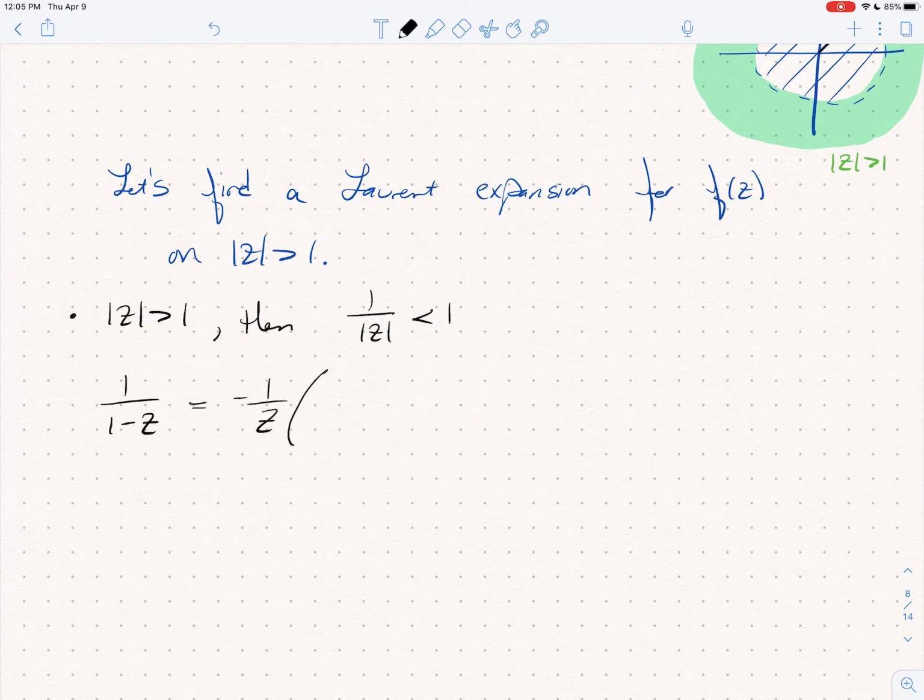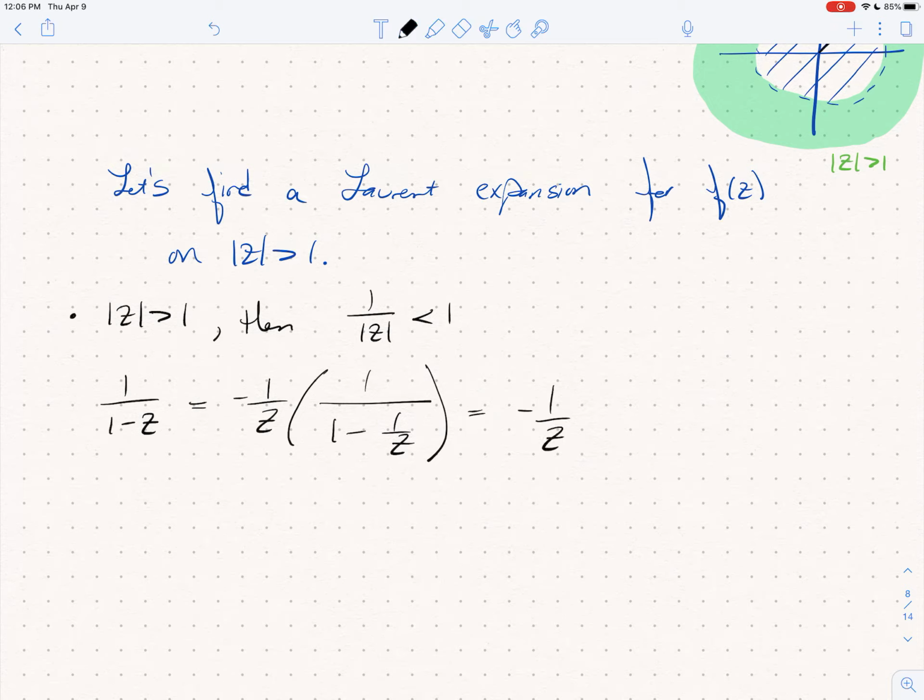I can write this as minus 1 over z, times 1 over 1 minus 1 over z. There's really nothing too tricky about that. You just do the algebra to get what you want. When you multiply that negative z back through, I haven't changed anything. And now I'm super excited because this I can write its geometric series expansion for, and it's valid as long as the modulus of 1 over z is less than 1, which we're assuming it is. So this is equal to